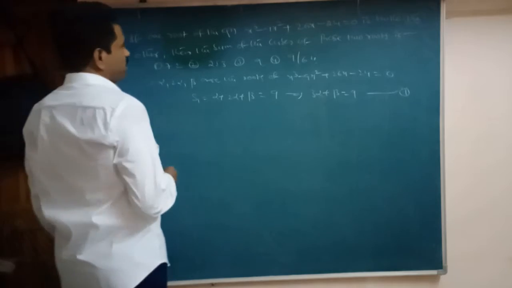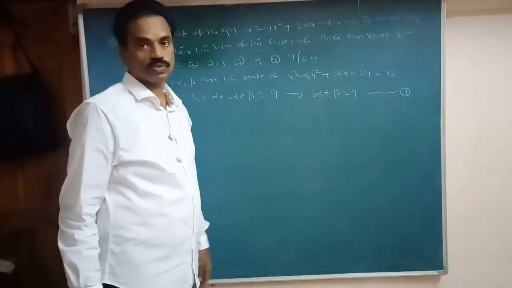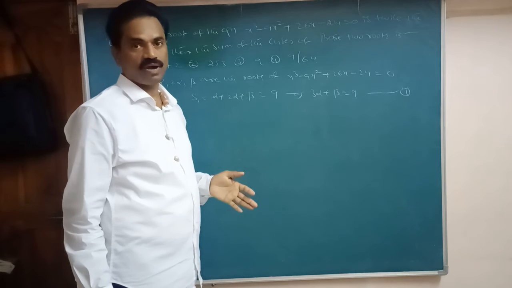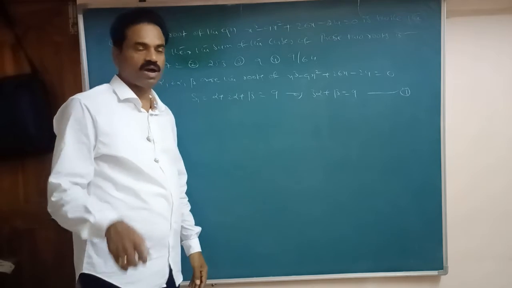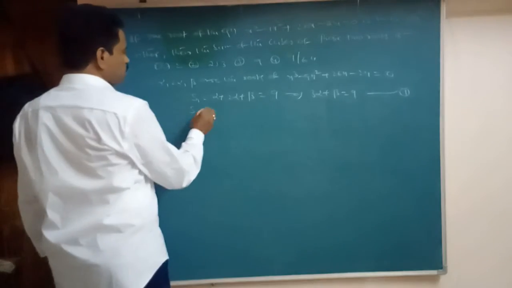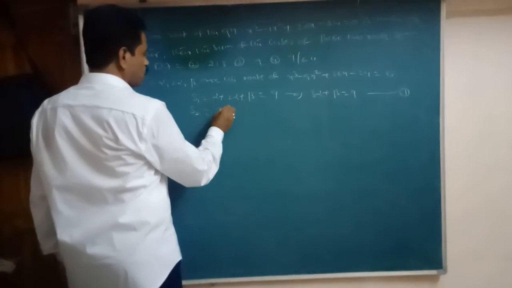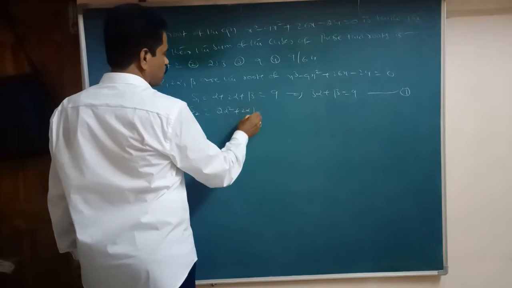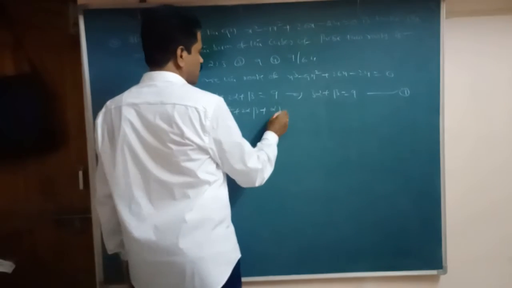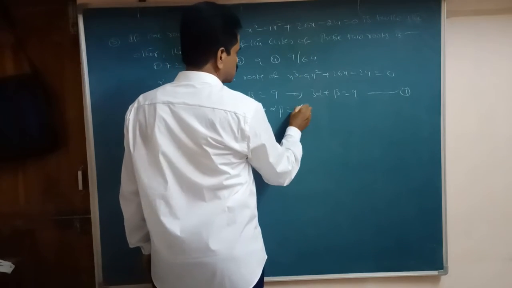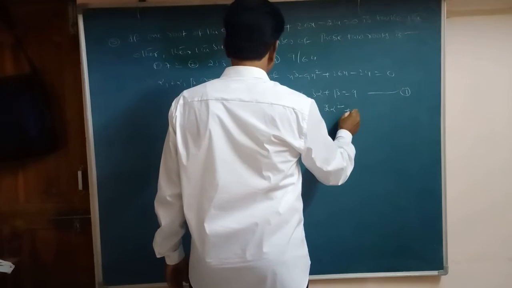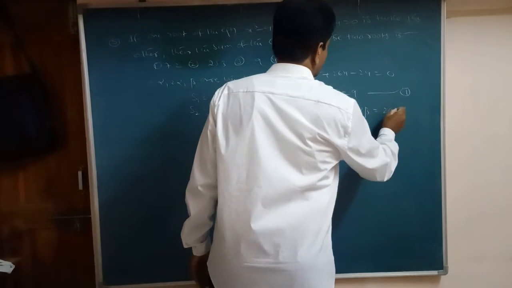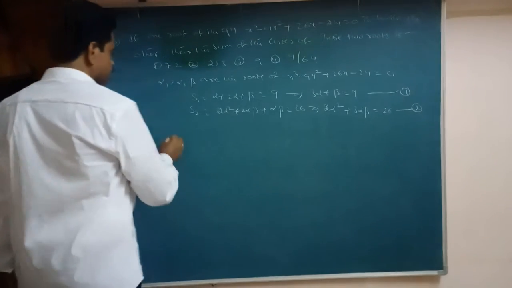So what we have to find out here is the sum of the squares of those two roots. Those roots are alpha square, 2 alpha square. So we have to find out the alpha value. So S2 is alpha into 2 alpha, or 2 alpha square, plus 2 alpha into beta, 2 alpha beta, plus alpha beta, equal to 26. So that is 2 alpha square plus 3 alpha beta equal to 26.